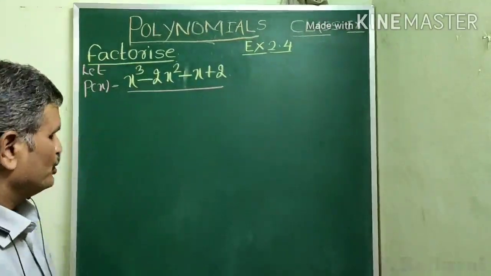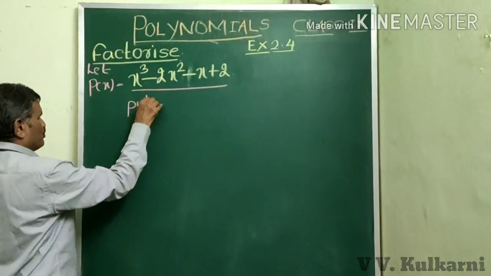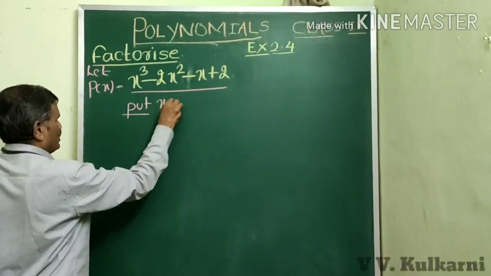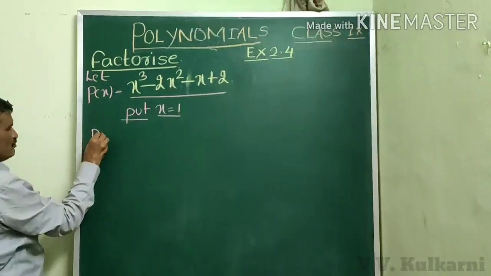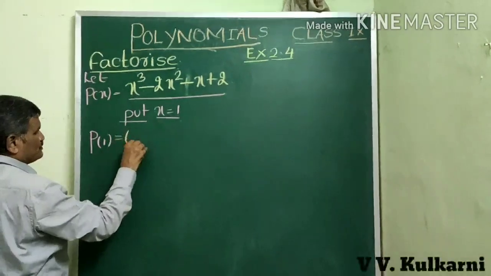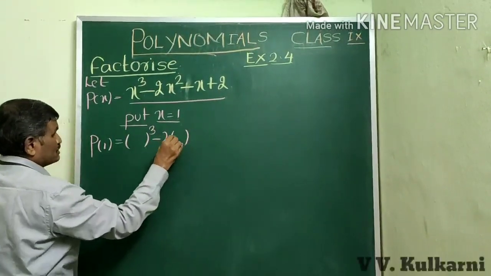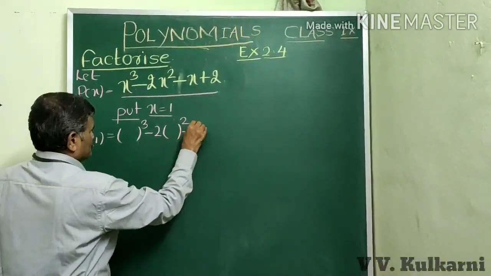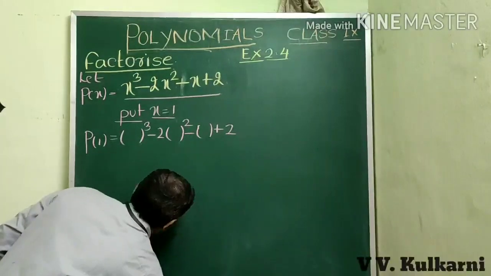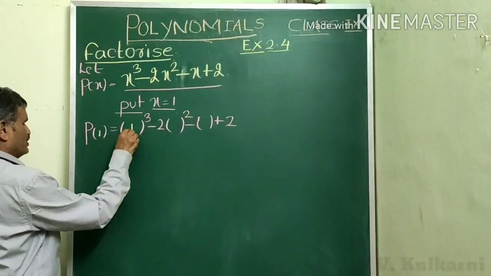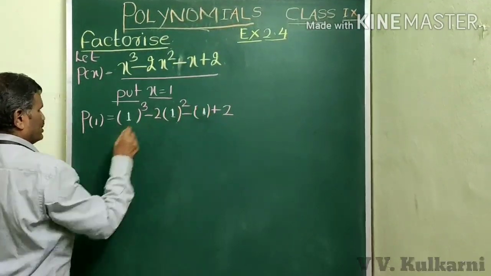For example, in this polynomial I will put x is equal to 1. Suppose if I put x is equal to 1, then p at 1 is equal to, wherever x is there, you substitute the value of x by 1 and see the results. Let us see what results we are going to get. If I put x as 1 here and again x as 1 here and x as 1 here, then